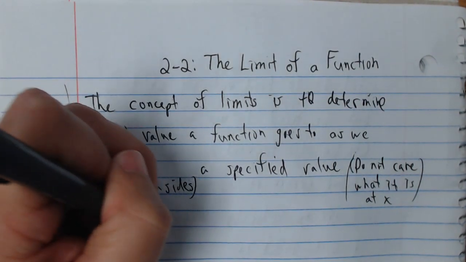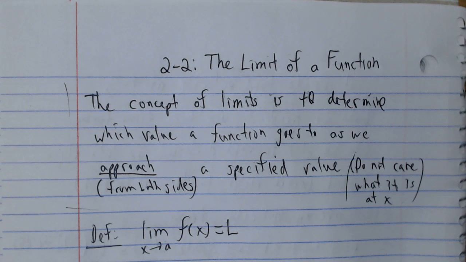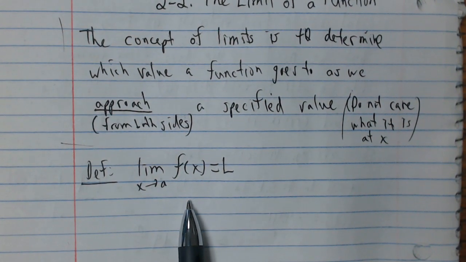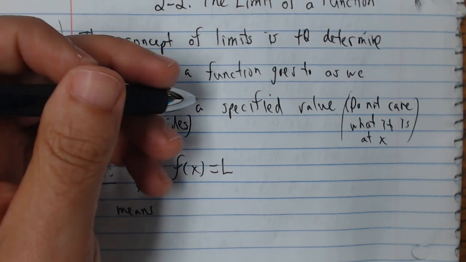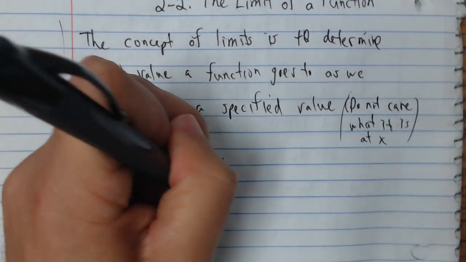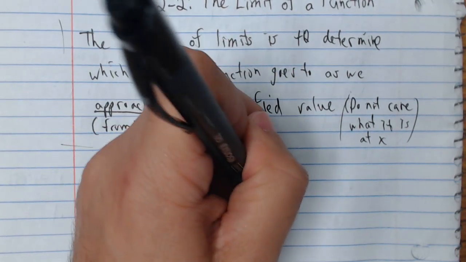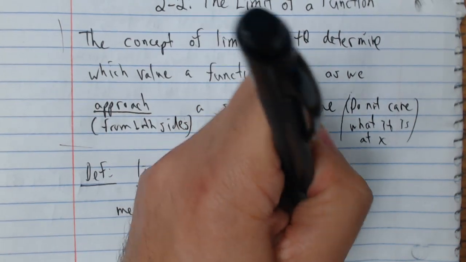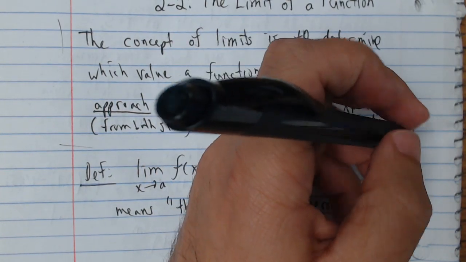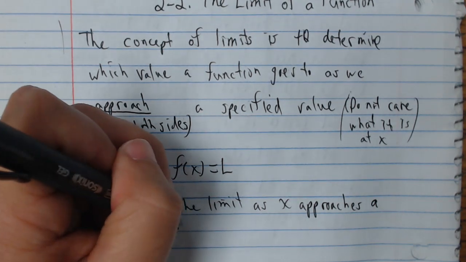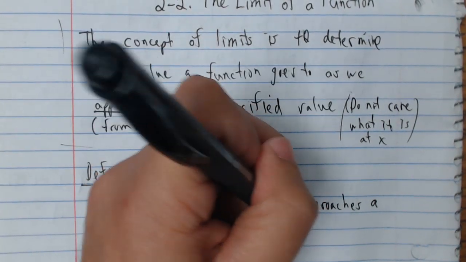By definition, here's what we have. If you write the limit as x approaches a of f of x equals L, which is basically what we were just talking about, this translates to: the limit as x approaches a from both sides of a